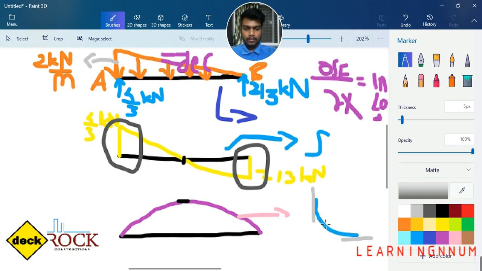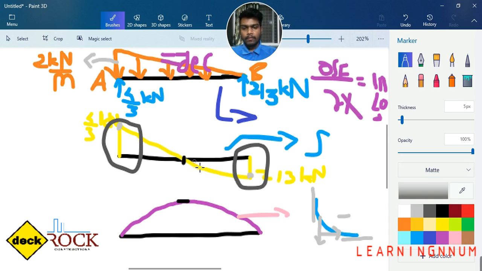Now direction, left to right. Draw a downward arrow. By the quadratic sign convention, vertically downward is negative, then go towards the right, and rightward is positive. So negative into positive is negative. So it is a negatively decreasing slope of this type of curve, and that is what we need, and I have substituted that curve here at this place, and I have joined these 2 points. So this is what you need to consider to select the type of the curve for the SFD as well.